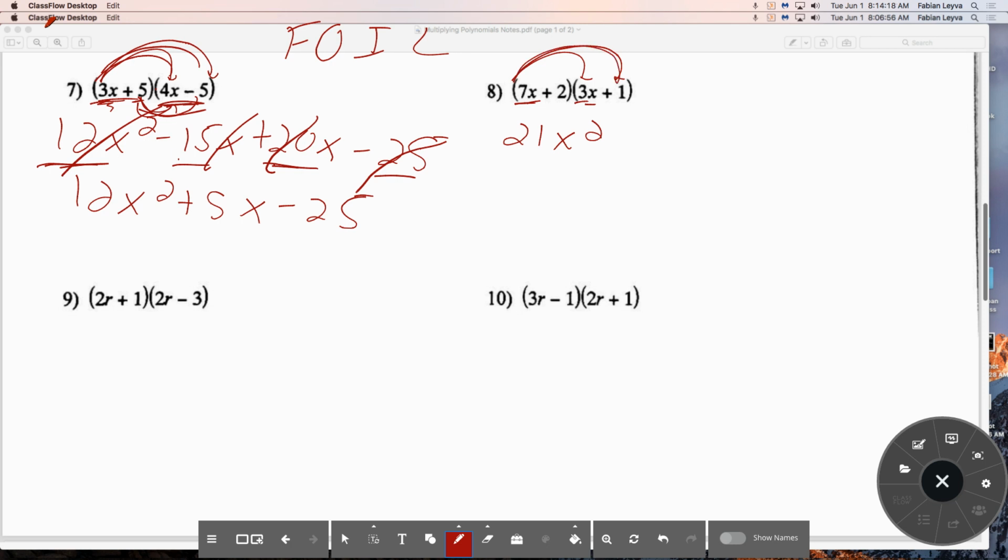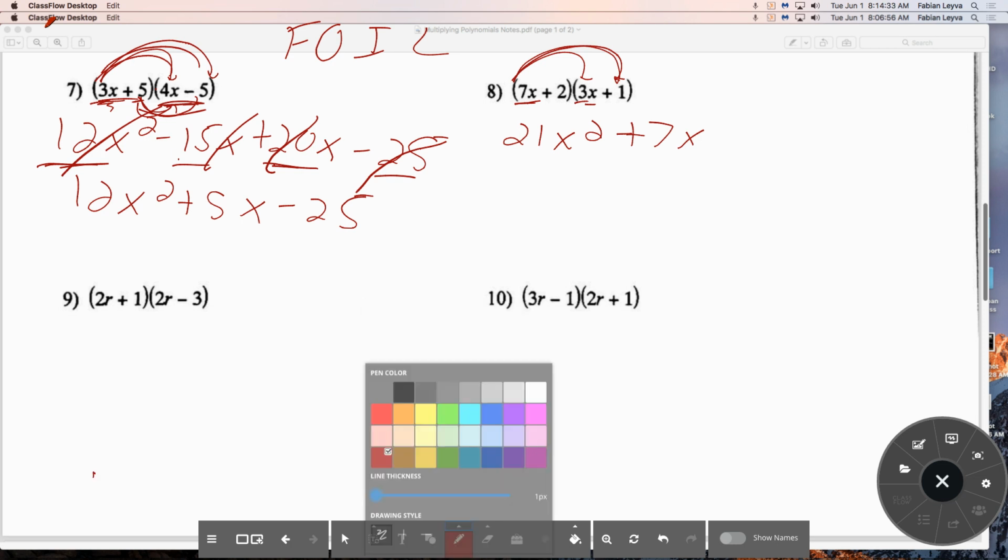Now I'm going to take that 7x and multiply by my last term. Notice I have 7x times 1. So 7 times 1, the coefficient is a positive 7. Your x can be multiplied with anything, so I'm just going to leave it right there at the end of my 7. Now, just to change colors to make an emphasis,